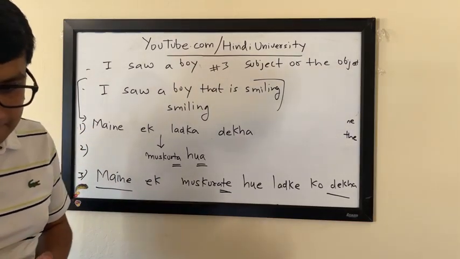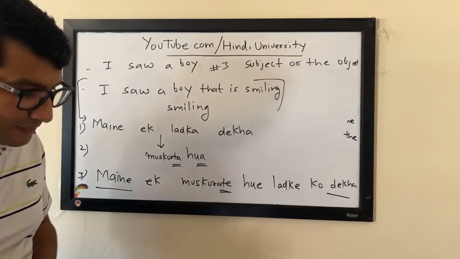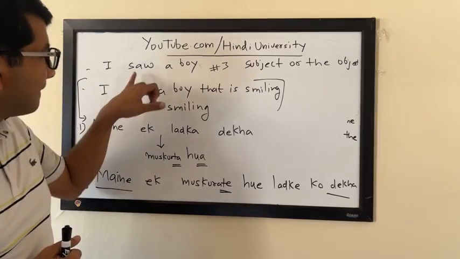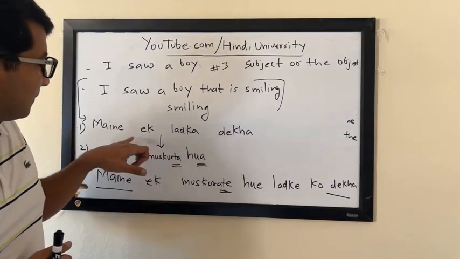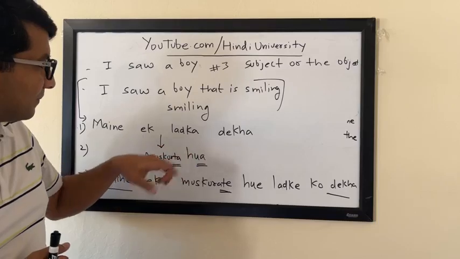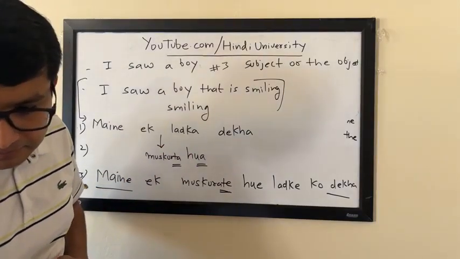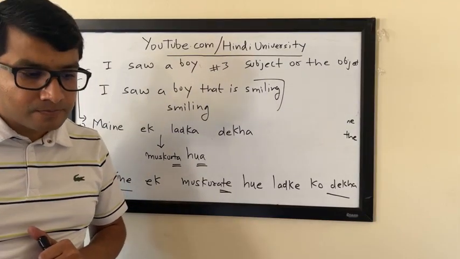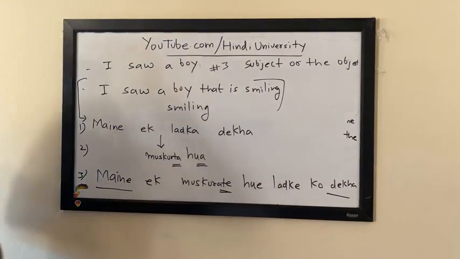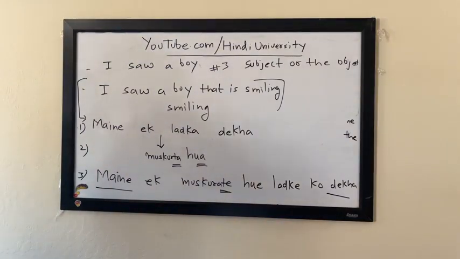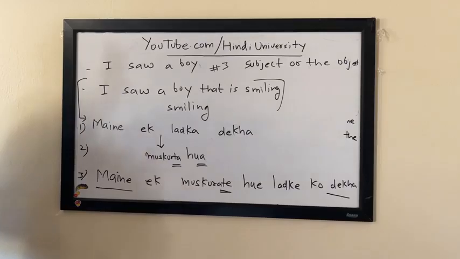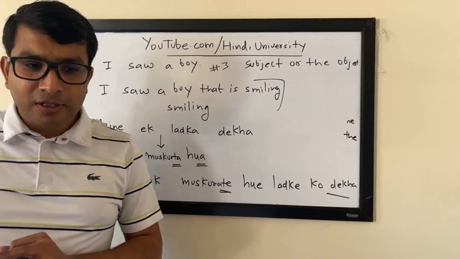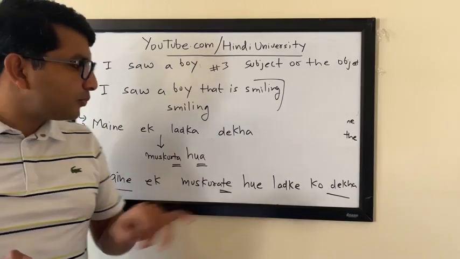Go for it. Well, I have a question for some clarification. In sentence 1, मैंने एक मुस्कुराता हुआ लड़का देखा, couldn't we still have the को in that scenario? If that was the case, it would be मुस्कुराते हुए लड़के को देखा. So, how would you differentiate if somebody is using the को in the first case? That's a very good question. His question is if I want to put को here as well.